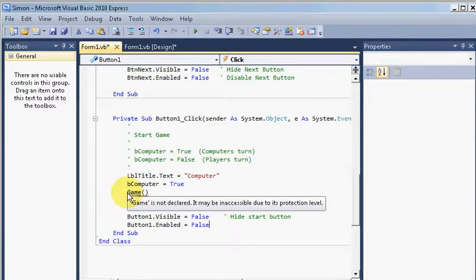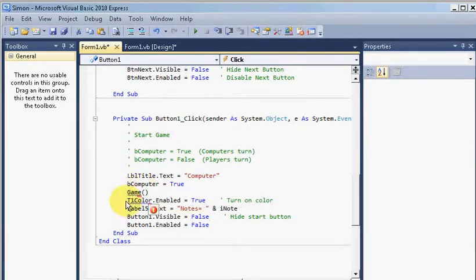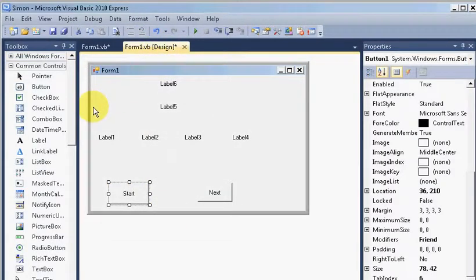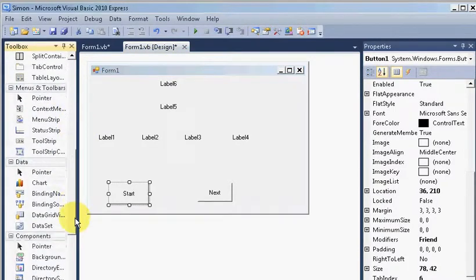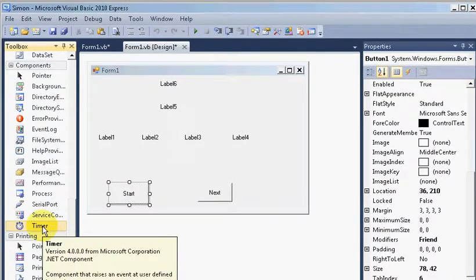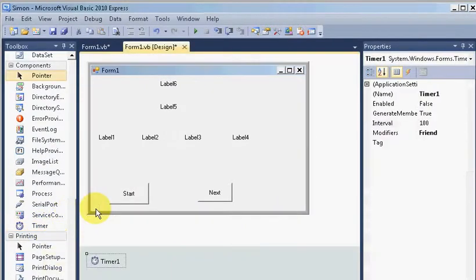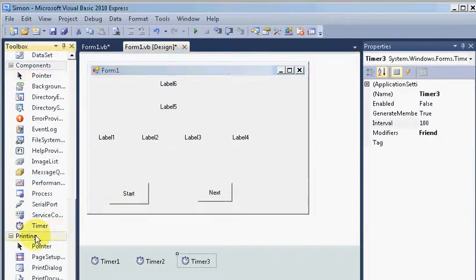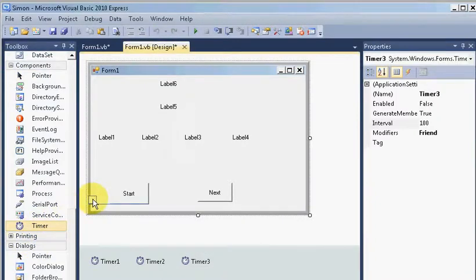We need to have this subroutine to actually create the game and some timers. We need to click on the form and we need to add timers. Click on the timer and drag it to the form. 1, 2, 3, 4. Click on timer 1